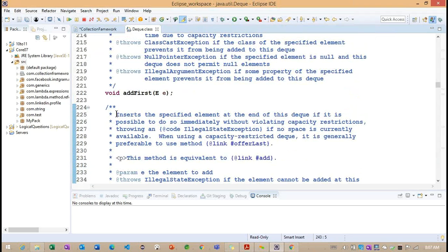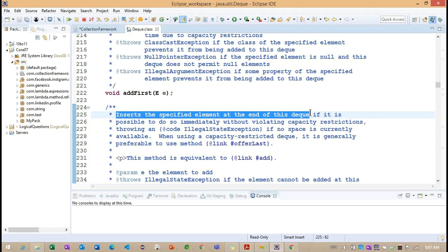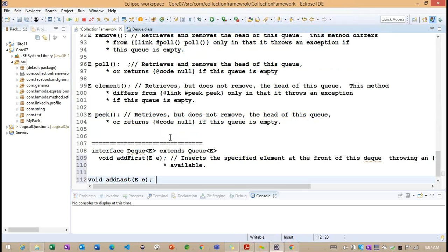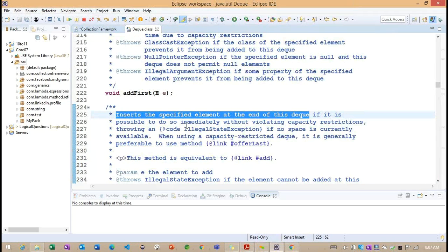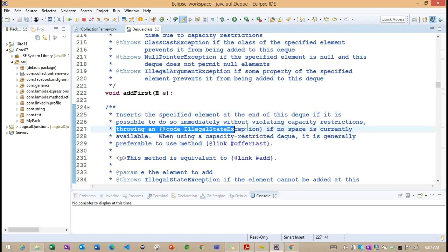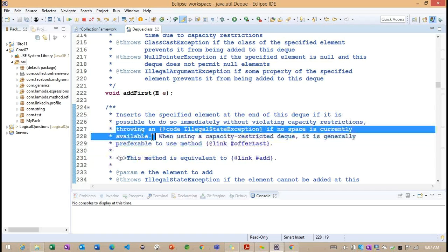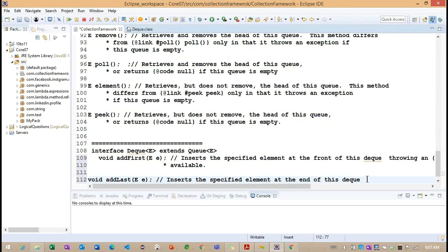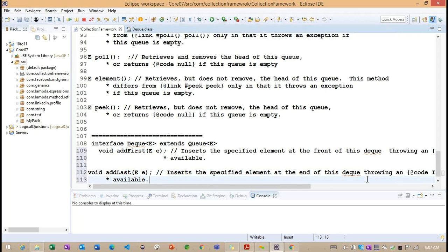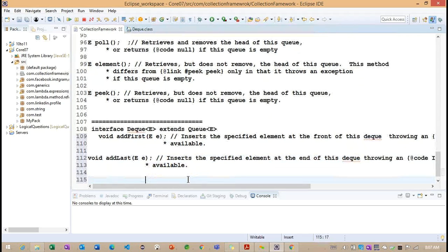You can see it will insert the specified element at the end of the queue. And if the capacity is full, we are going to get an exception, an IllegalStateException, if no space is currently available. Right. So this is the purpose of this addLast method.